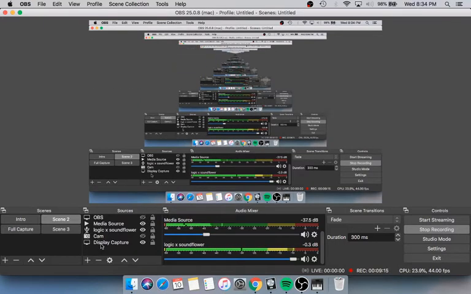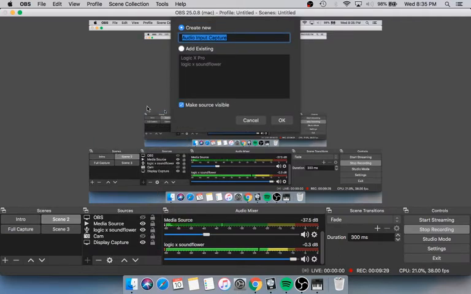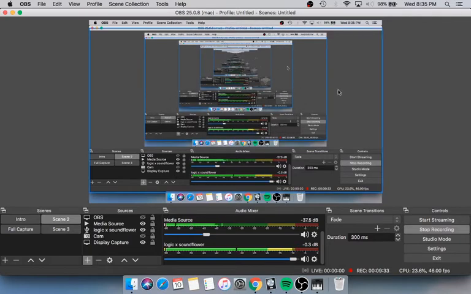To add all of these, you need to click on the plus sign. You can add your audio input capture, which is very important. Now audio input capture has to be the signal that comes from Logic. So you have to click on audio input capture, click on OK. Then you're going to select the Soundflower 2 channel. Make sure the Soundflower 2 channel is selected. By default it'll be that because we selected that. In case it's not, you're going to select Soundflower 2 channel and add that audio input.